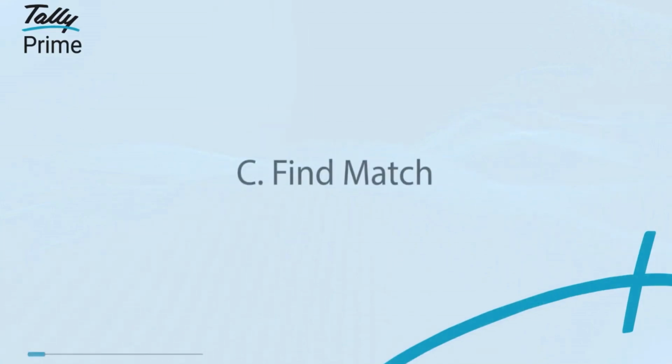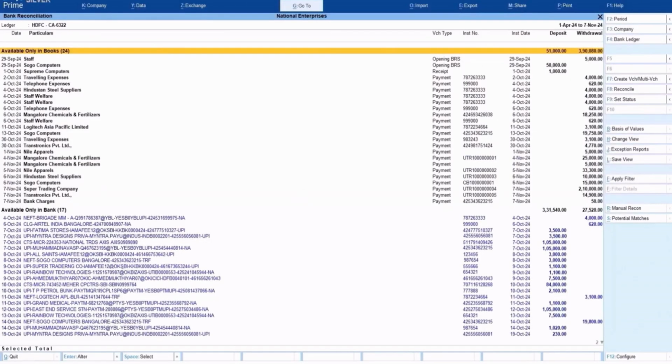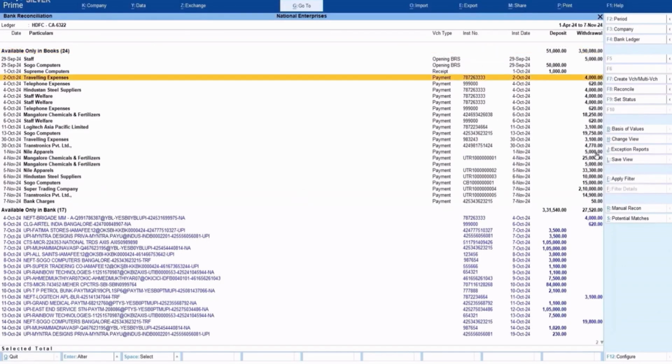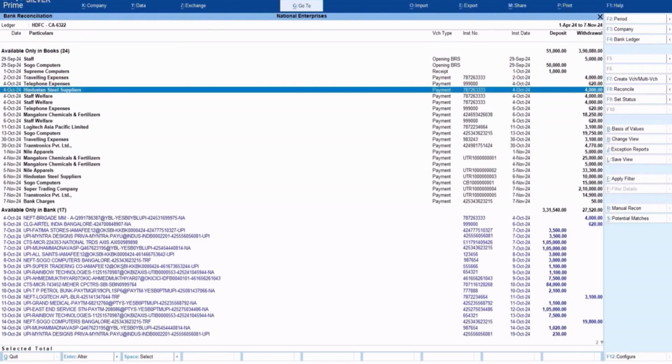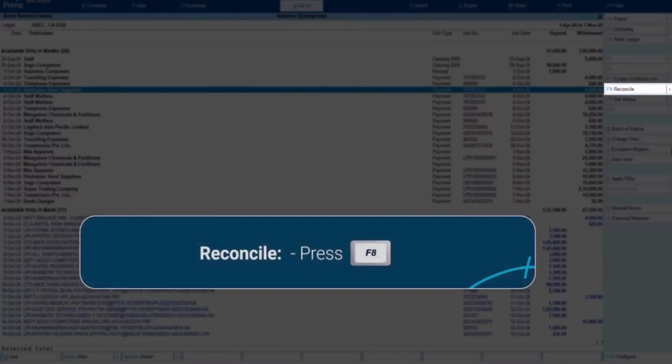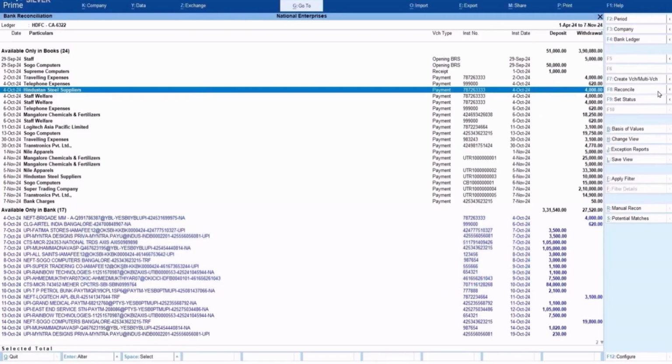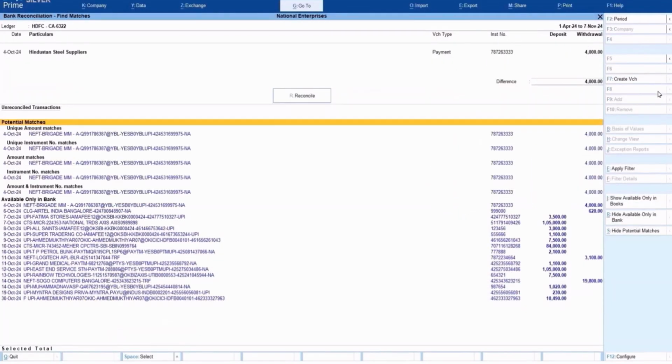If the number of transactions to be reconciled is more in the bank reconciliation report, you can reconcile by finding a match. In the bank reconciliation report, select a transaction from your book or bank. Press F8 and find a match. In the bank reconciliation Find Matches screen, you can see the selected transaction along with the potential match and other unreconciled transactions.